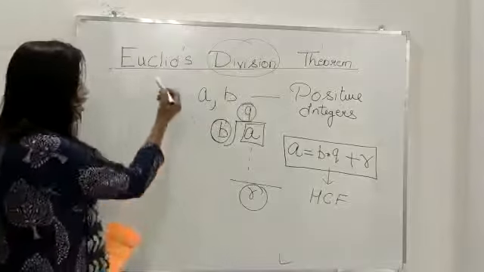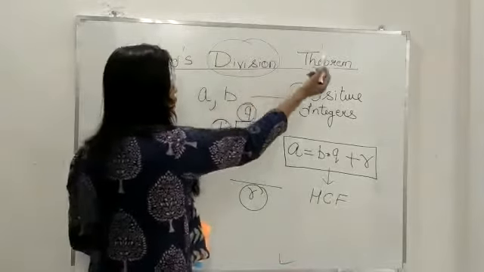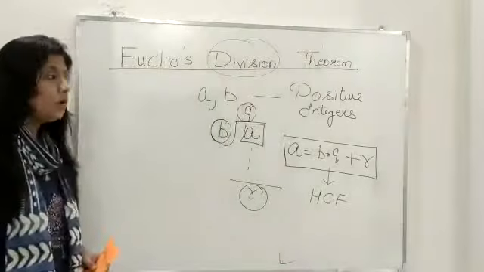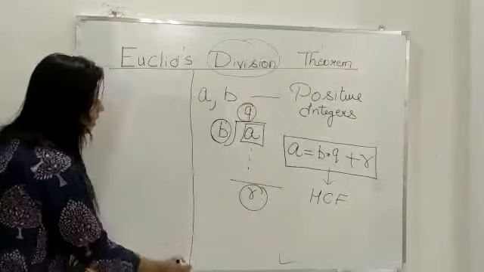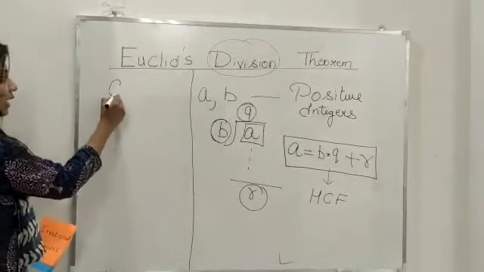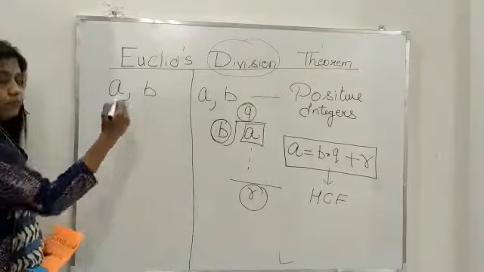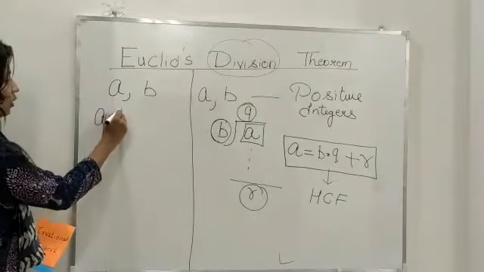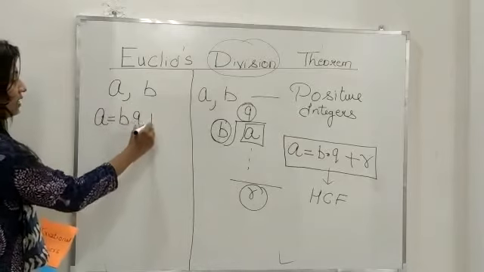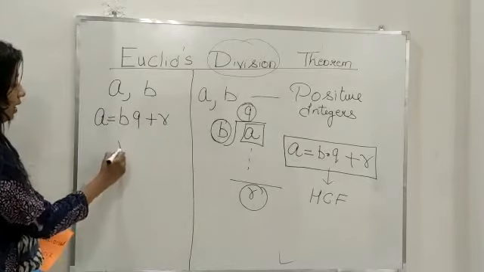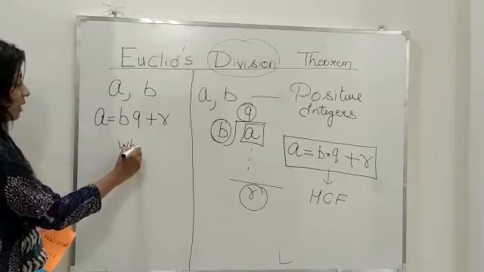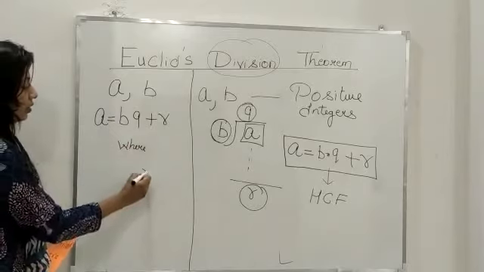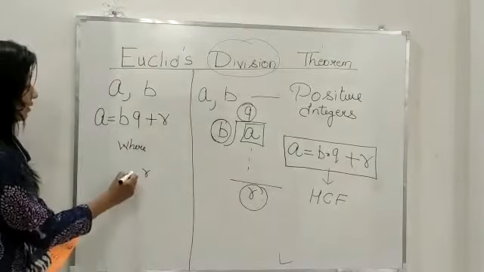So, according to Euclid's division theorem, if you are having two numbers A and B, then A is equal to BQ plus R, where your remainder R will be either